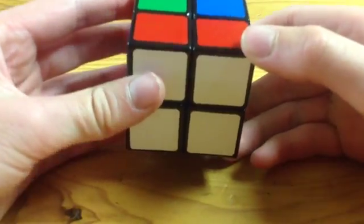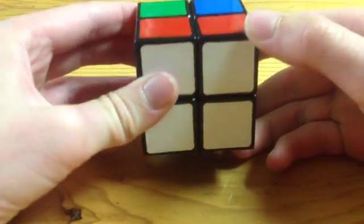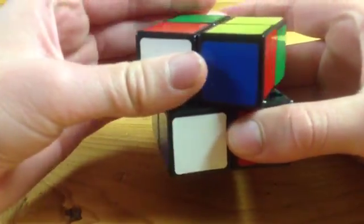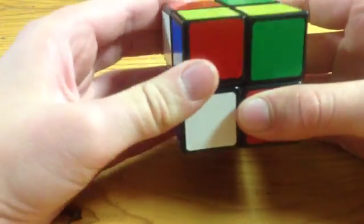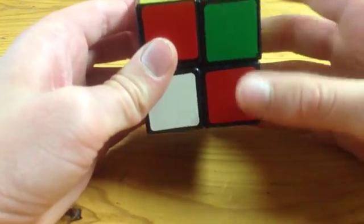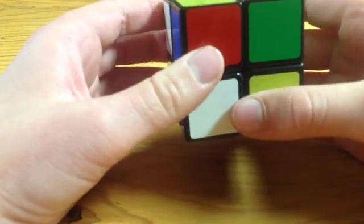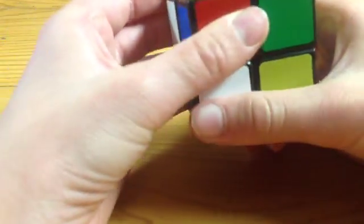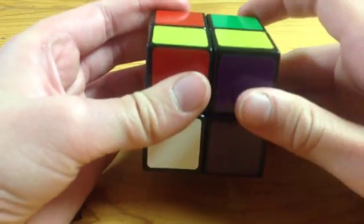And then what you're going to want to do, this is the final algorithm. It's a pretty long one, but this is how to solve the cube. So you bring down the right, move the top once to the left, bring down the right again, move the bottom twice, one, two, bring the right up,